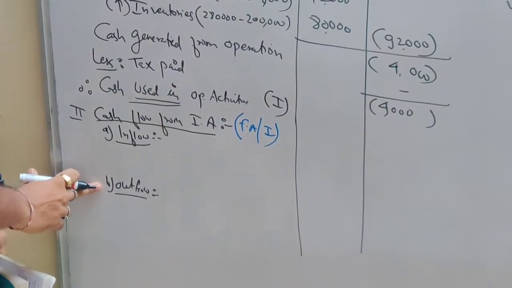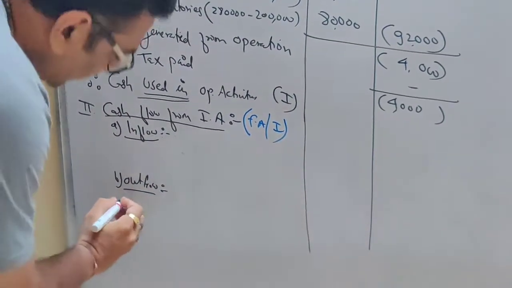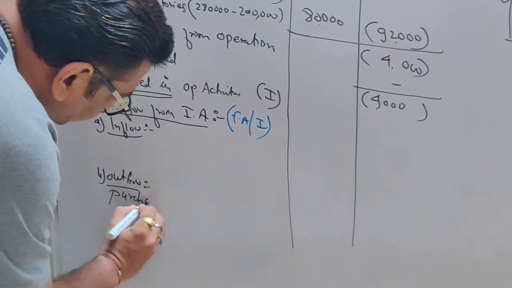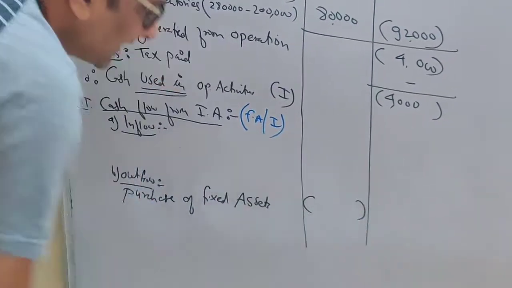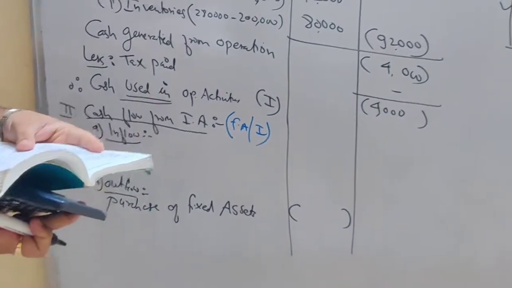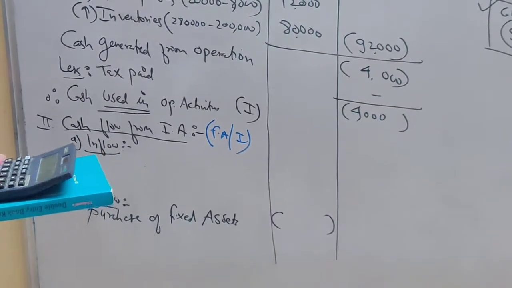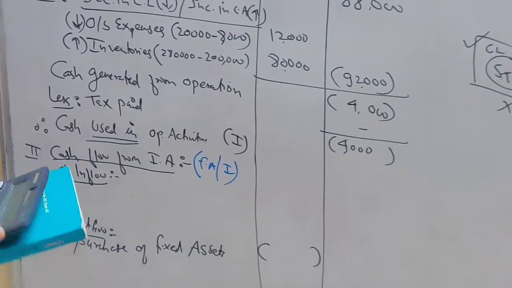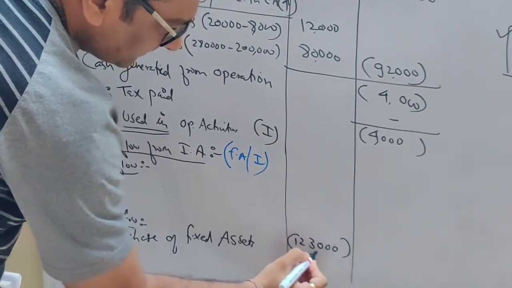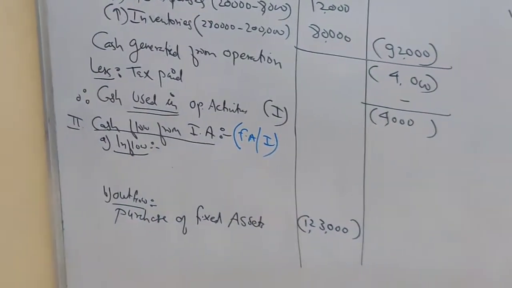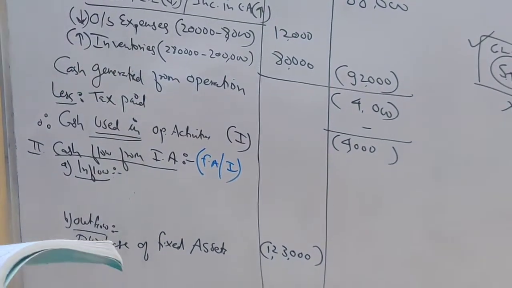So if your balance is increasing, you are purchasing it. Tell me, if you purchase your fixed asset, cash is coming in or going out? Cash is going out. So you will write it here. Purchase of fixed assets. You will write it in bracket to show outflow. So take the difference, students, now of 2,98,000 minus 1,75,000. So there is an outflow of 1,23,000.